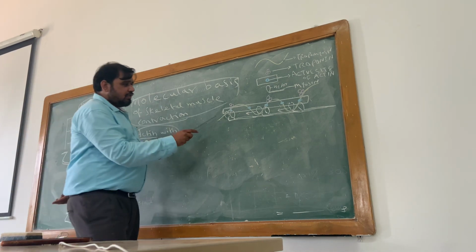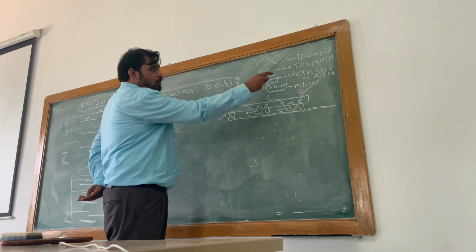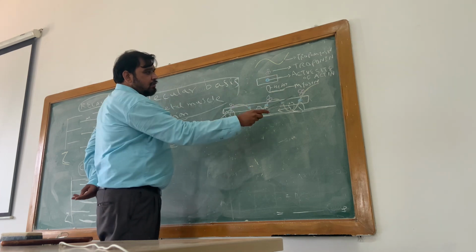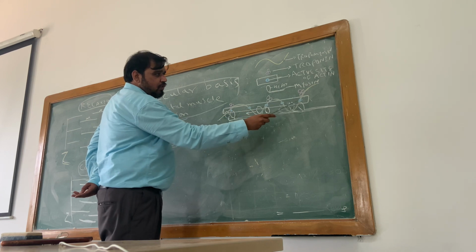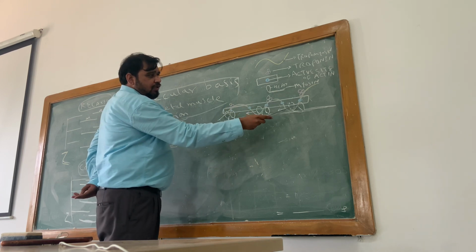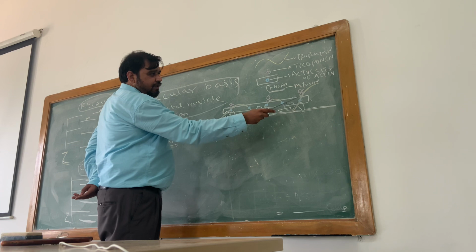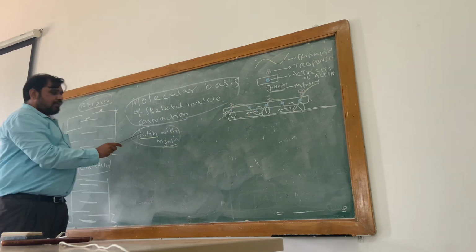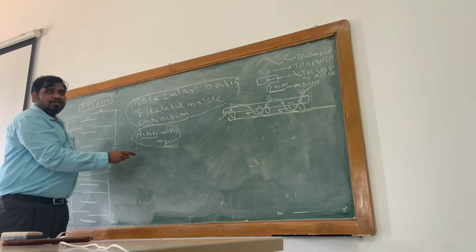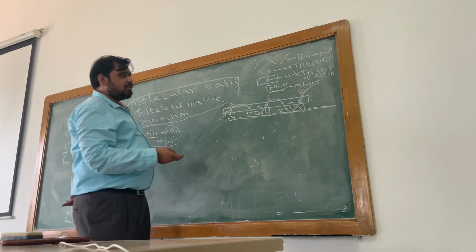For that, this is the structure of tropomyosin. This is yellow color. This blue one is the active site of actin. So this one is myosin, you can see here. The myosin head is going to bind with the active site of actin, you can see here. That's the interaction of actin with myosin, which causes skeletal muscle contraction.